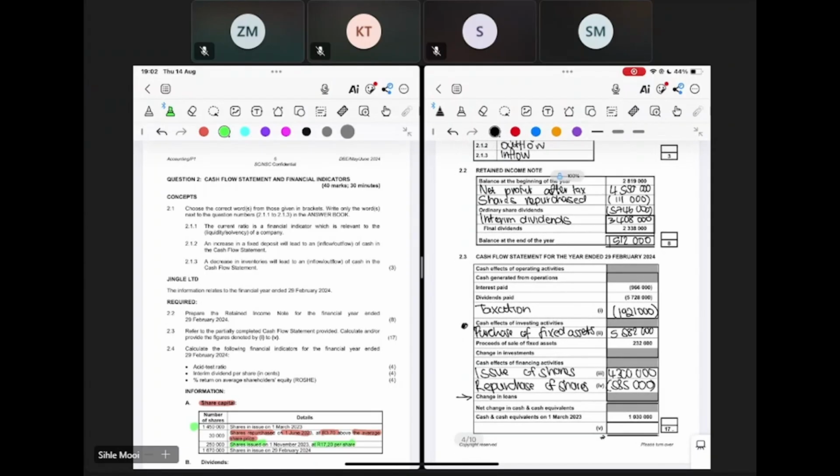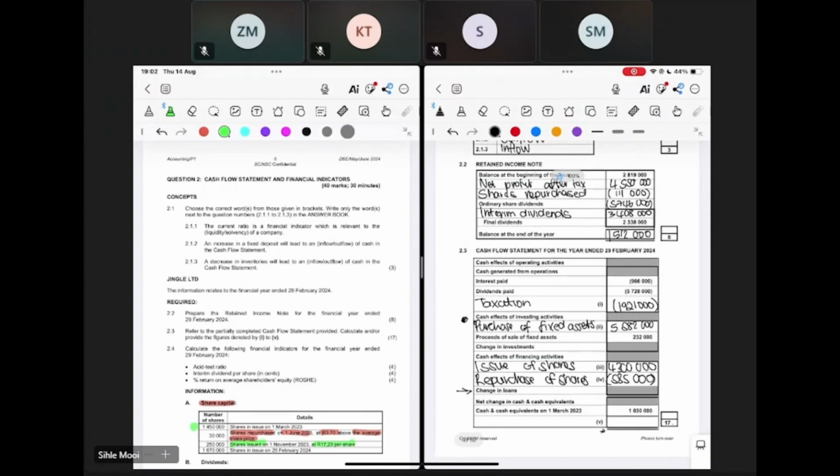What are we supposed to put there at the bottom? We're supposed to put cash and cash equivalent for the year end. I'm assuming the year end is 29 February 2024. So it's going to be cash and cash equivalent on 29 February 2024. Correct. 29 February